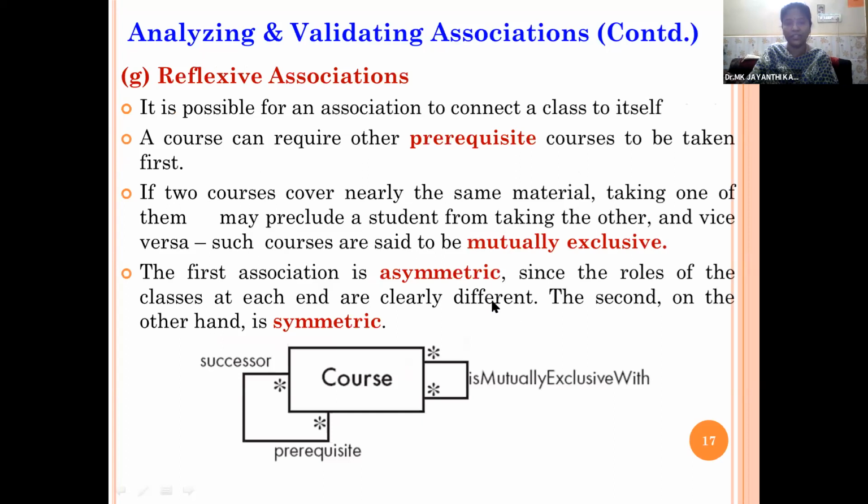The same way, reflexive association and mutually exclusive asymmetric concepts can be represented like this. Say if you want to register for a course, you need to fulfill the prerequisite. So here the prerequisite may be mutually exclusive.